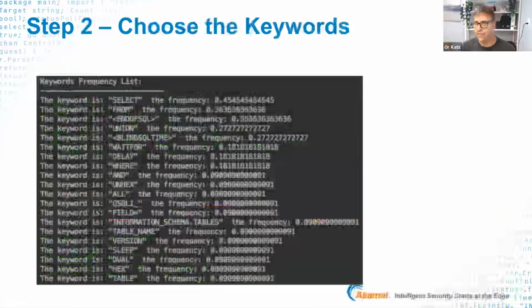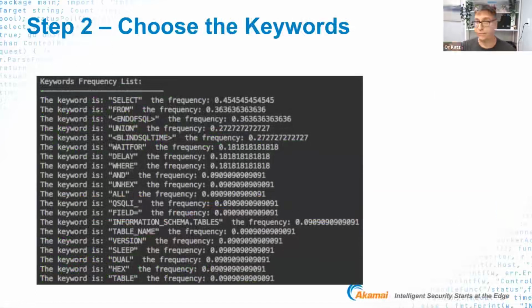Moving to the second step. The second step is, as I mentioned before, trying to choose the keywords based on their frequency. Now, why is that really important? In this context, there are 2 reasons for that. First of all, we have a limitation on the number of keywords that we can choose. But more than that, as we move forward, we will talk about the fact that some keywords with higher frequency might lead us to make some changes in the way that we write our signature or reorder the signature that we are writing,